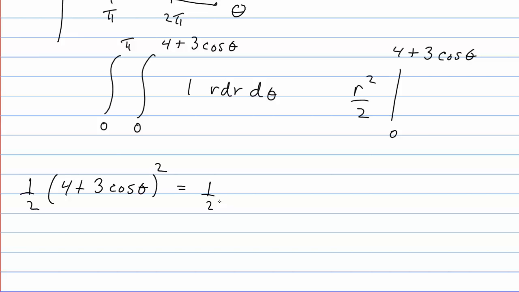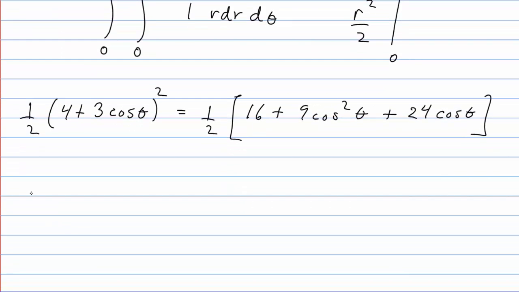So let's write out what that would be. 4 squared would be 16, 3 cosine theta squared would be 9 cosine squared. Then we would have the cross terms, the outside term and the inside term, the FOIL. That would give us 12 cosine theta, but we'd have 2 of those, so 24 cosine theta. And all this would of course be integrated